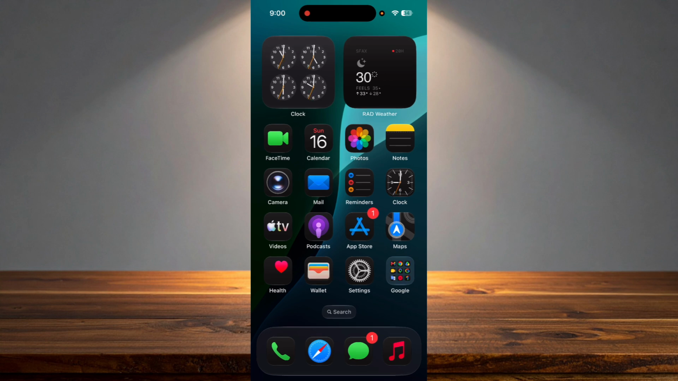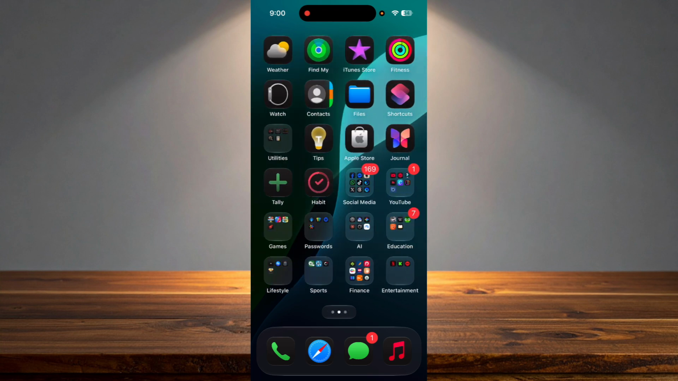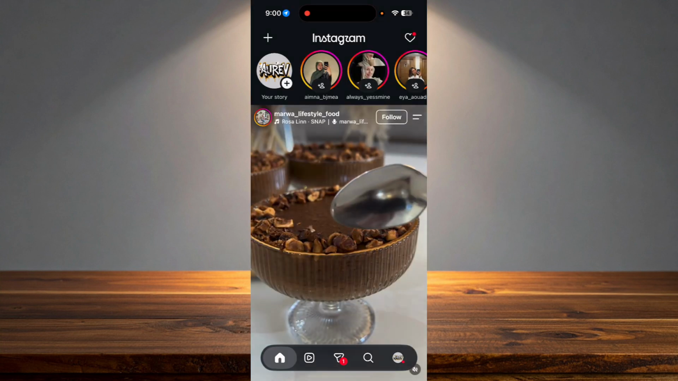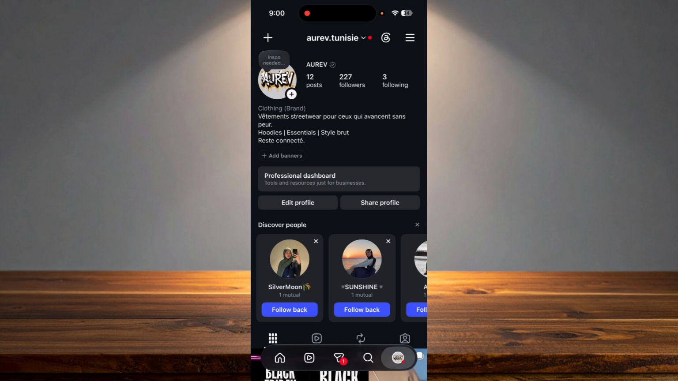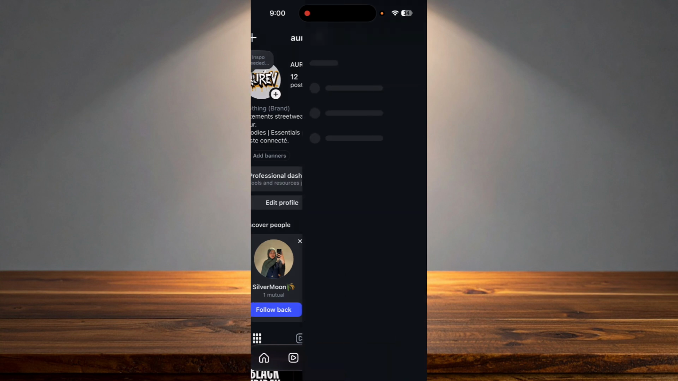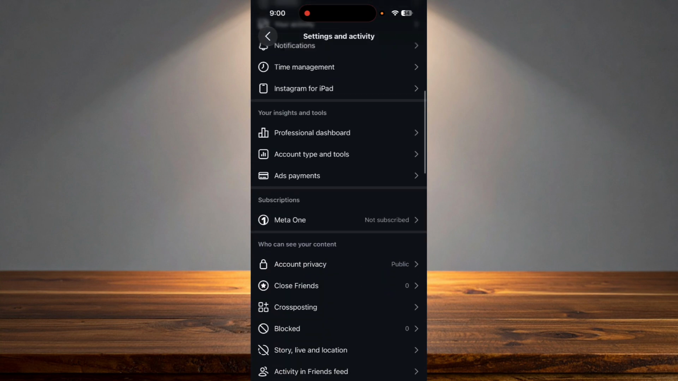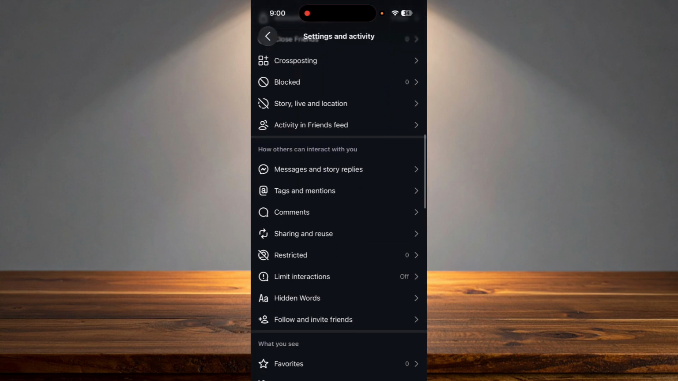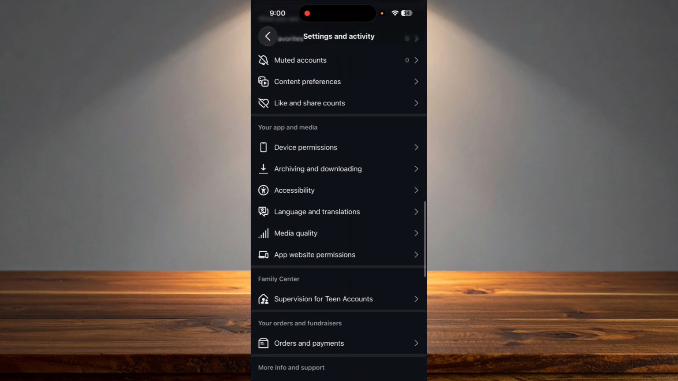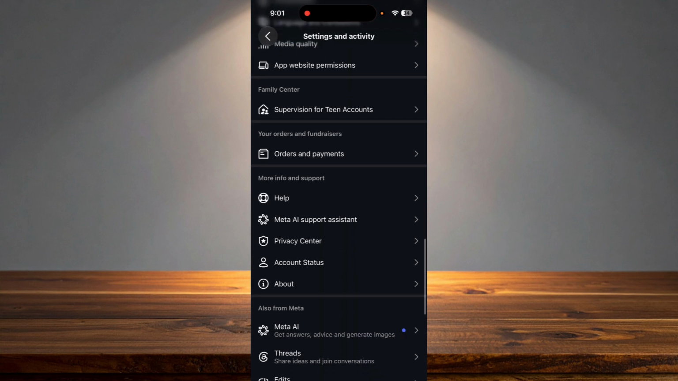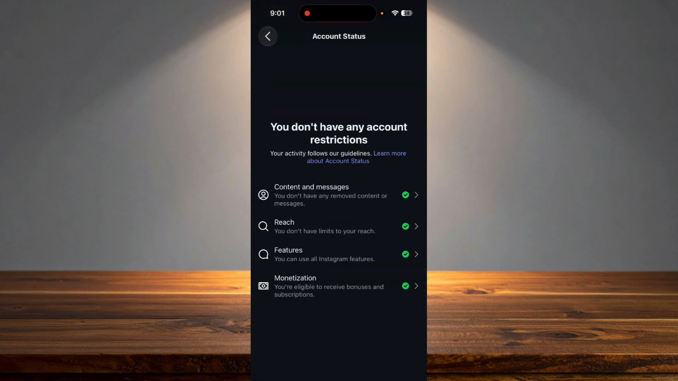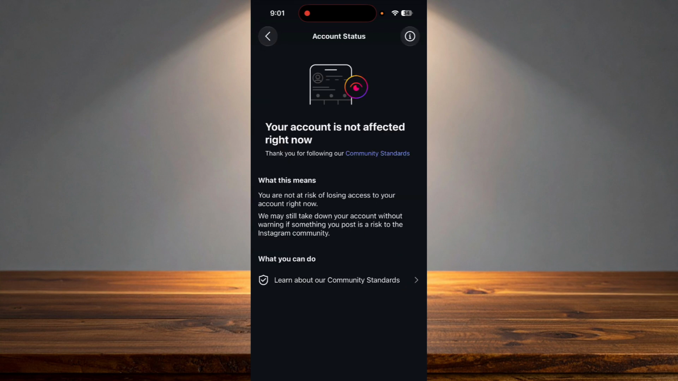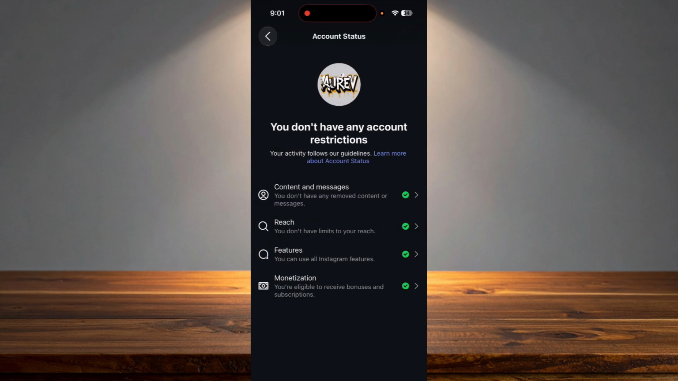And also you have to check whether Instagram has limited your messaging if you made some mistakes. And to check that, you have to go to your profile. After that, go and click on the 3 lines on the top right of the screen. After that, you have to scroll down until you find an option called account status. Click on it. And as you can see here, there is no restriction for my account,